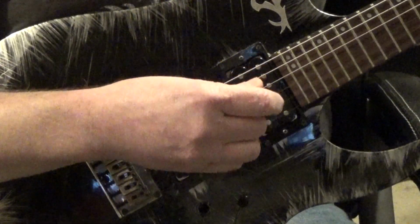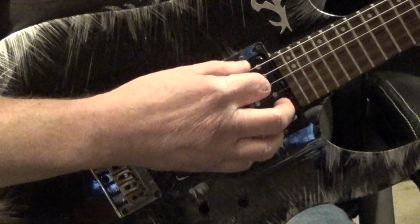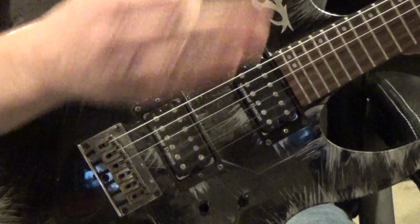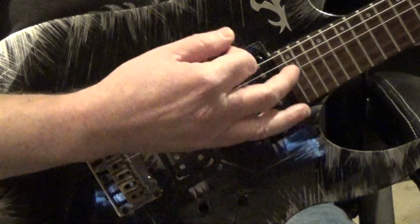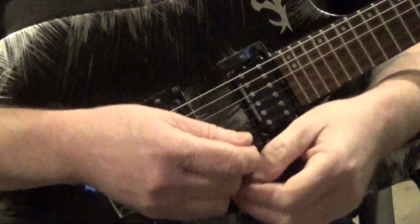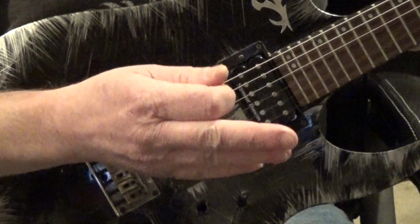So this one is a little bit more complicated. We're going to do 1, and then we let that ring out for the downbeat of 2. 1, 2, and then on the and of 2 we do an upstroke. 1, 2, and 4 and. So that upstroke that we do here, 1, 2, and, we're doing that upstroke on the and of 2, but